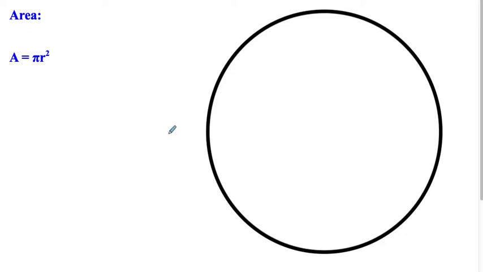The next thing we're going to talk about is area. The formula for the area is pi r squared. And so once again, we'd have to know the radius. It had to be given some value. Let's say this was 3 centimeters,